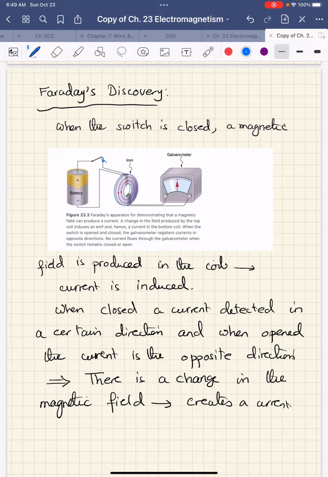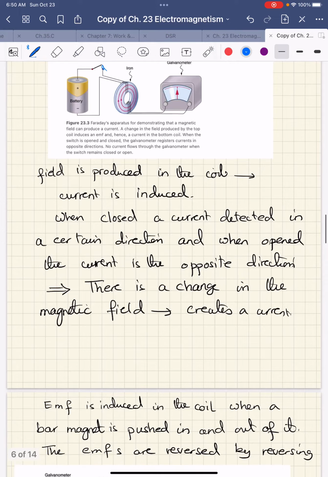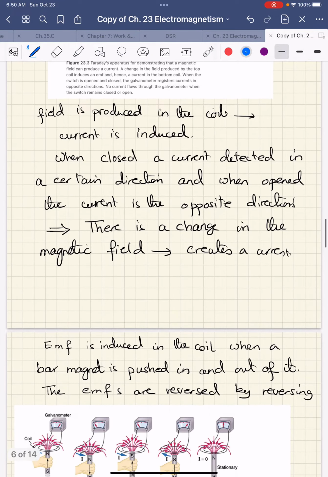And one thing that he also noticed is that if we are closing the switch, then the current is going to be detected by the galvanometer here in a certain direction. And when we open the switch, we have the current induced in the opposite direction. Then this is really something that made him wonder, okay, what's going on? Because there is a change in the magnetic field, and we are going to see what is really causing that